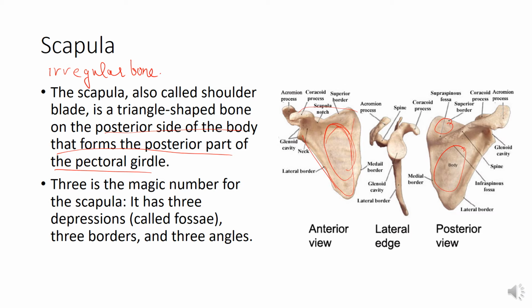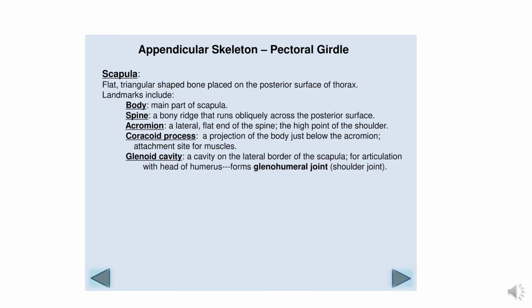3 borders. The lateral border, you can see the lateral border is thick, and the medial border is thin, and the superior border. And 3 angles: the superior angle, the inferior angle, and the lateral angle. So again, a flat triangular shaped bone placed on the posterior surface of the thorax, and its main landmarks are the